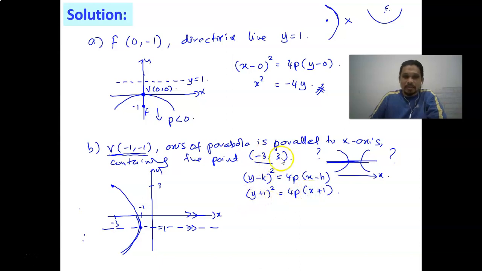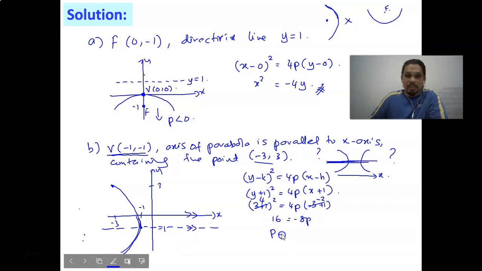So y equal to 3, 3 plus 1 squared equals 4p, and x is negative 3, so x plus 1 is negative 3 plus 1, equal to negative 2. 4 squared equals 16. 4 times negative 2 equals negative 8p. Then p equals 16 divided by negative 8, which is negative 2. Okay, so when p is negative 2,